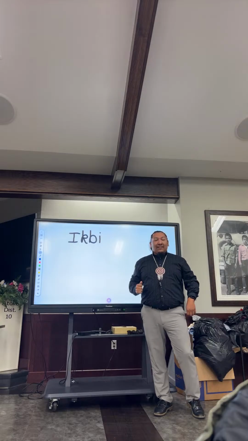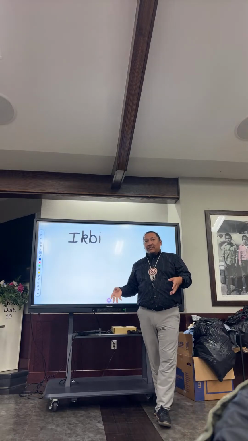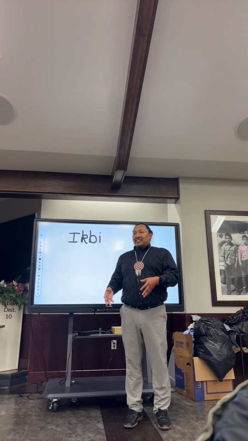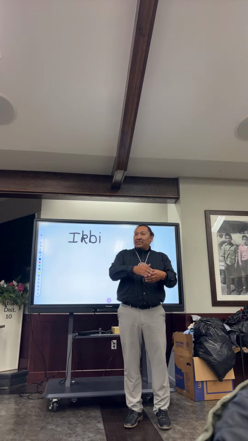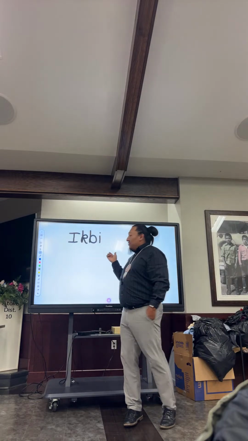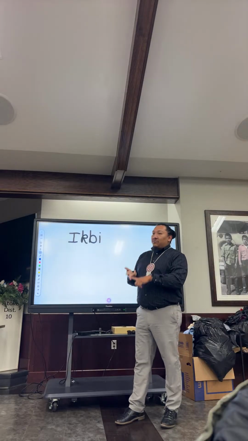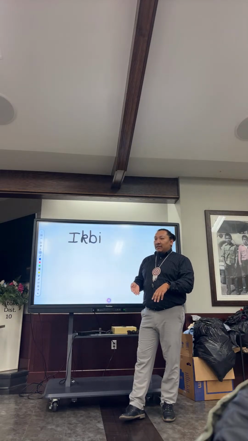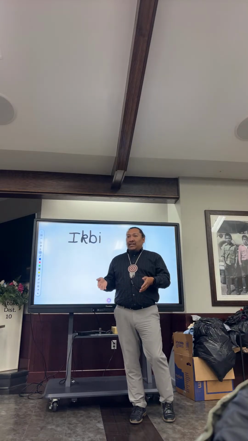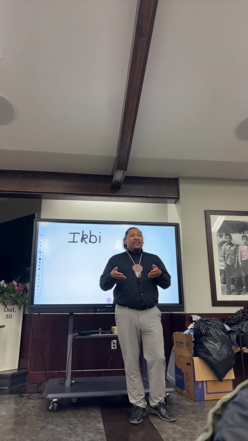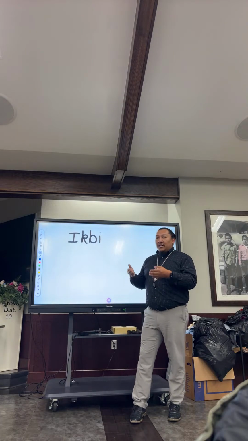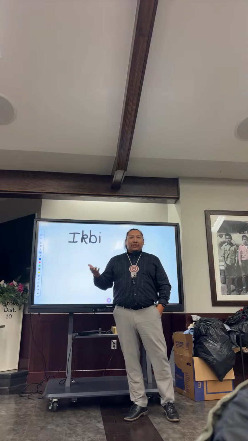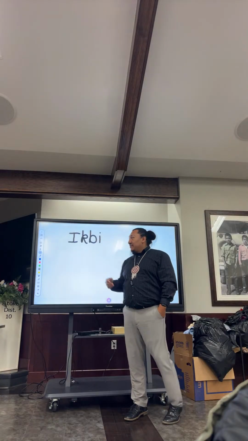To make, yeah. To make, to build, or to create. It's good that, Choctaw, like I said a long time ago, sometimes we can use one word to mean multiple different things. This is one of them. Ikbi can mean to build, to create, or to make. So if I wanted to, I don't know, build a table, I could say, Aimpa ikbili. So Aimpa is our word for table because it's a place where you eat at.